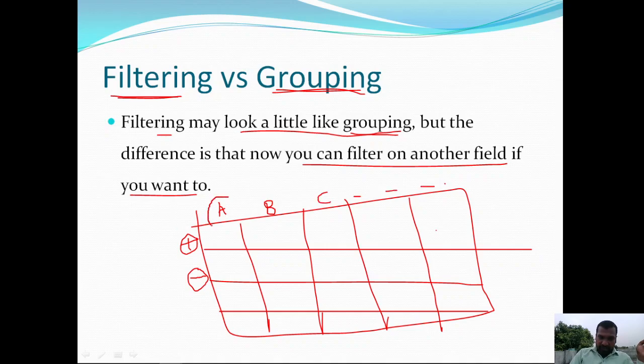I applied filtering on column A, then I can also apply the filter on column B and column C also. So we can apply the filtering operation on all the columns if we want, or any number of columns. More than one column we can apply a filter on, but grouping we cannot. This is the difference between filtering and grouping.